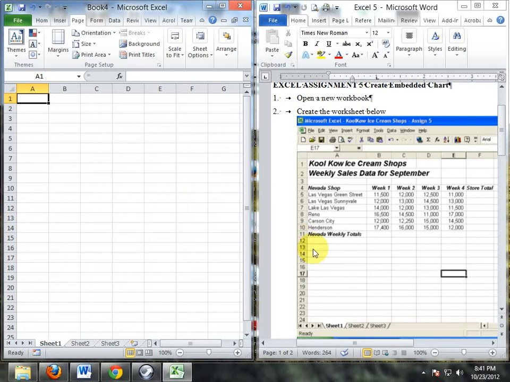Alright, welcome back. We are on Excel assignment 5. In this assignment we're going to learn how to create charts. Okay, so first thing we need to do is open up Microsoft Excel and create the worksheet as shown below here. Okay, so we're going to go ahead and just